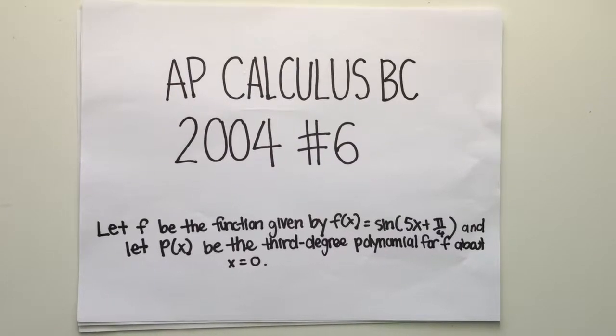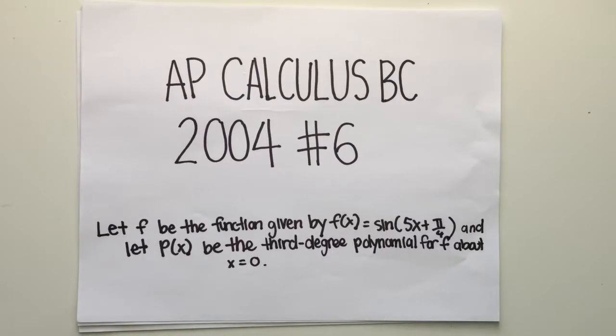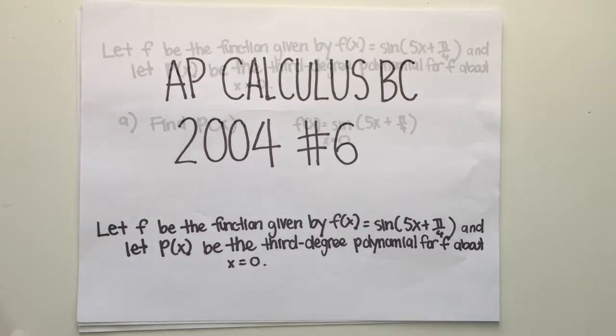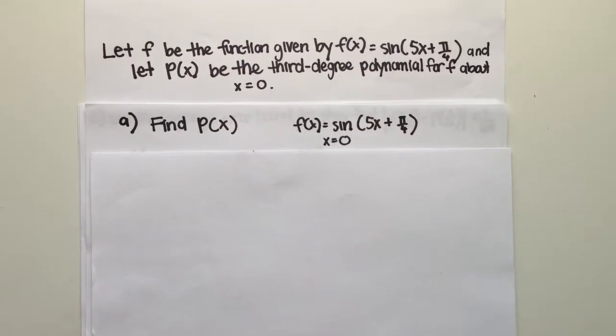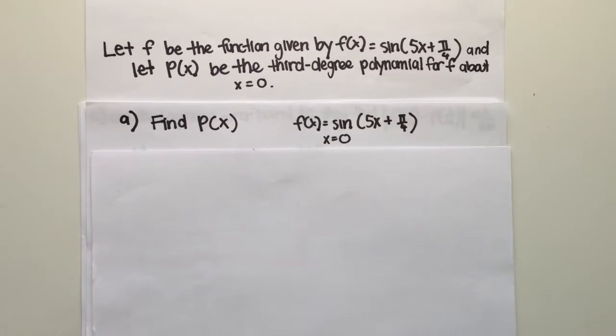Today we're going to be going over the AP Calculus BC 2004 FRQ problem number 6. Let f be the function given by f of x equals sine of (5x plus pi over 4), and let p of x be the third degree Taylor polynomial for f about x equals 0. In part A of the problem, we're asked to find p of x, the third degree polynomial for f about